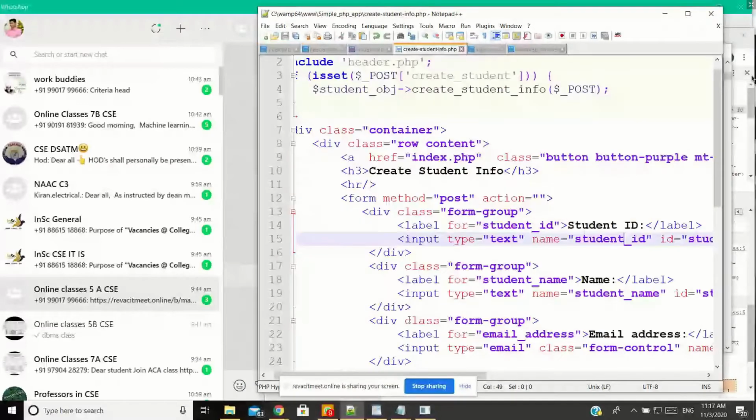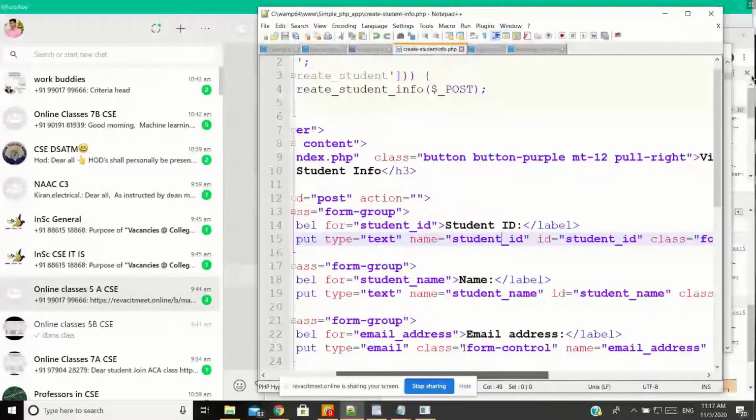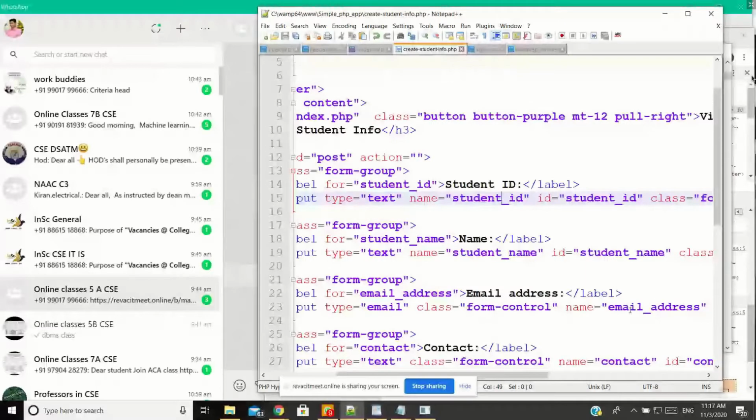What are the things I am getting from here? That is fine, no problem with that. So the problem is the email address. No problem with that. So this is the ID that I am passing there.